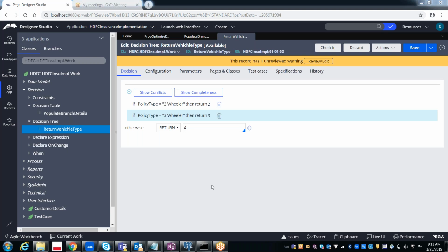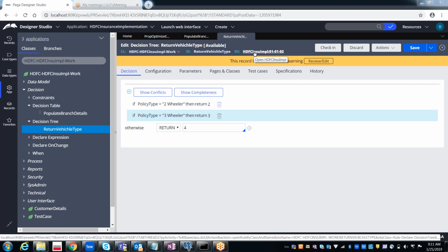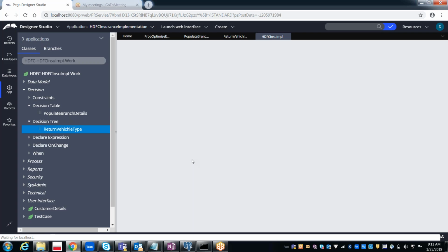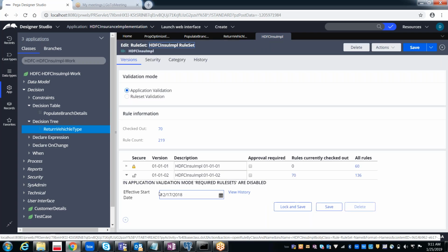Please continue. Okay. So here, if you want to make any changes, first of all, you should have the rule set which is not locked. Then only you can make the changes. Once the rule set is locked, you cannot make any changes. That we already know. Even once you lock the rule set, what we used to do is create a separate version, the next version, right?